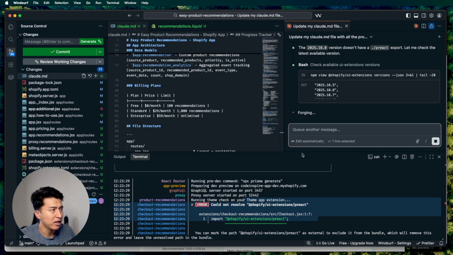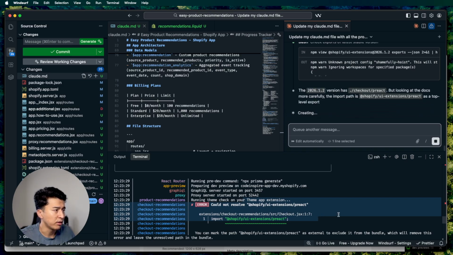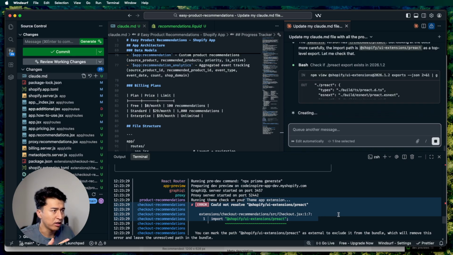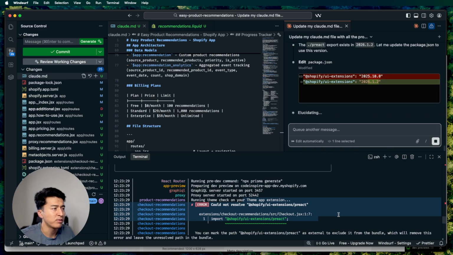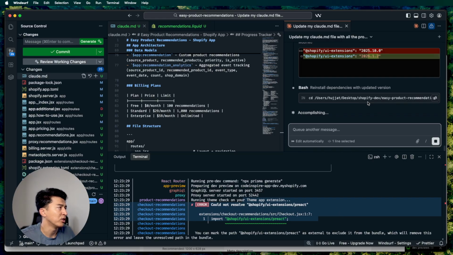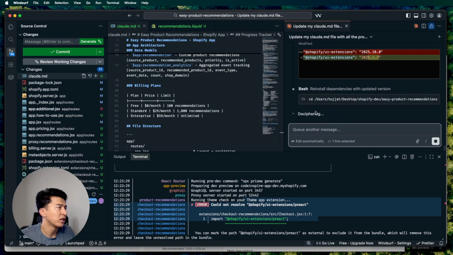For that reason, I normally try to debug it myself if I can, to not hit the limit. I'm using the pro version of Claude Code, but most days I still hit the limit. I have to wait a few hours, and sometimes I hit the weekly limit also, but it's still working fine for me, I think. Okay, I can see it updated the version in here, everything looks good,